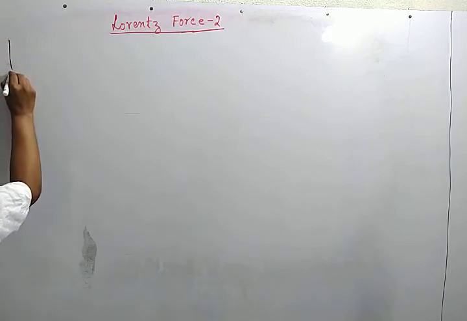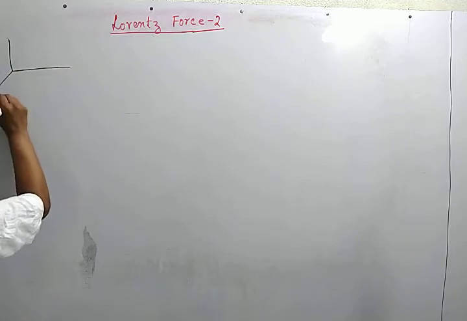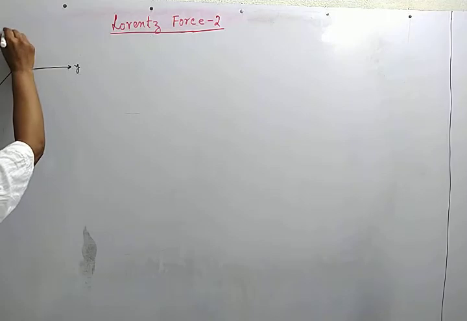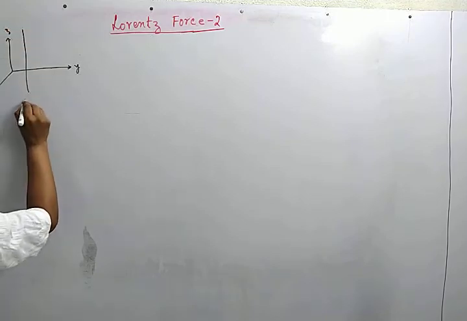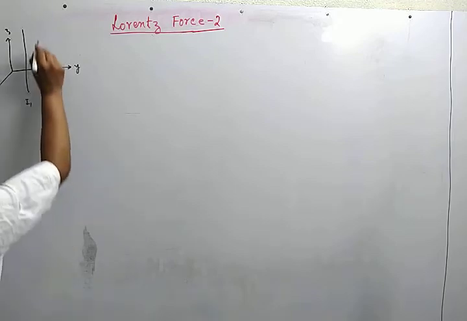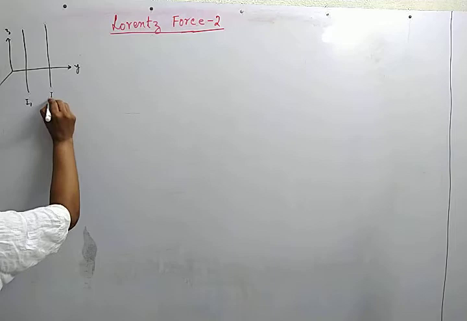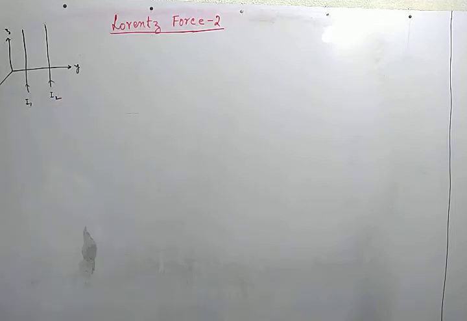So this is our coordinate system: x, y, z. This is conductor 1, which carries a current I1, and this is another conductor which carries a current I2. Both are carrying currents in the positive direction, and